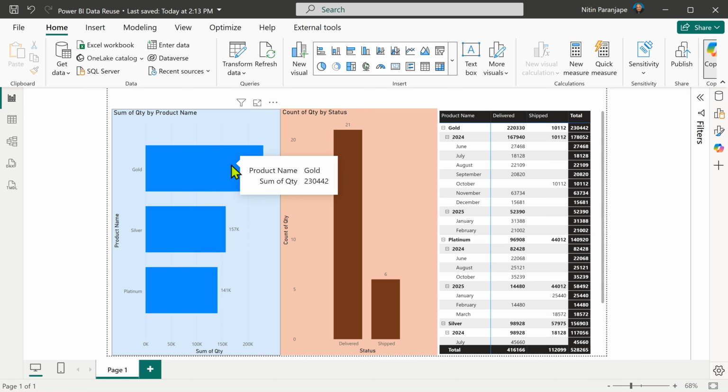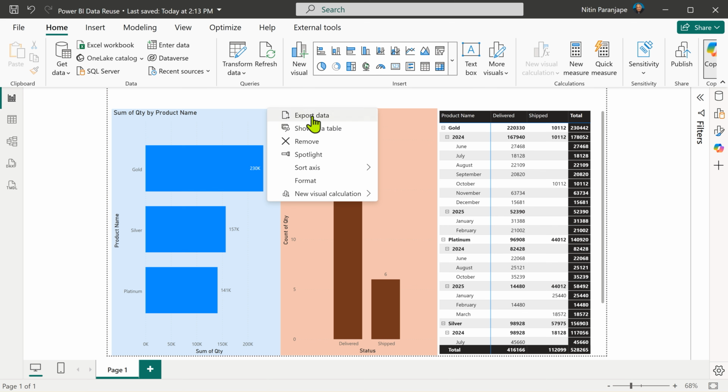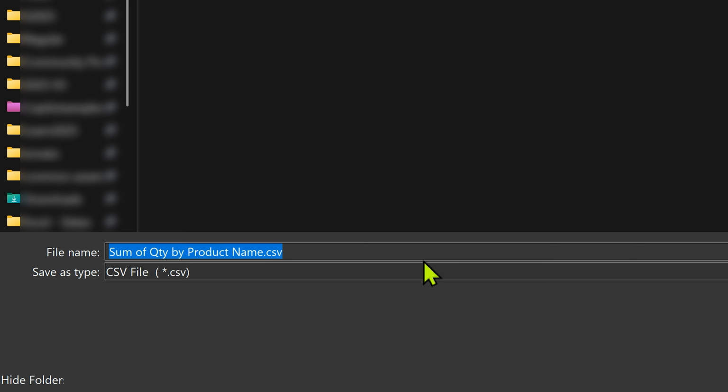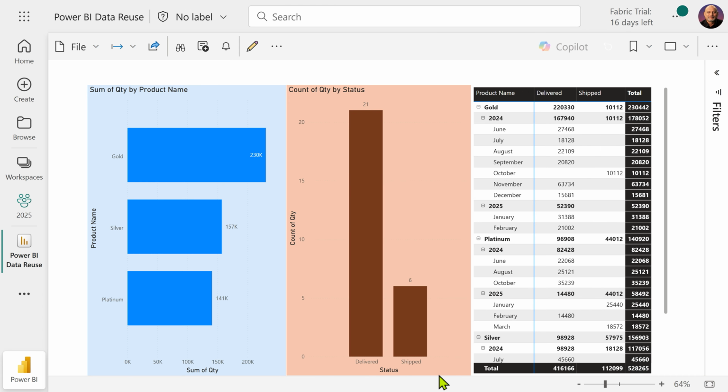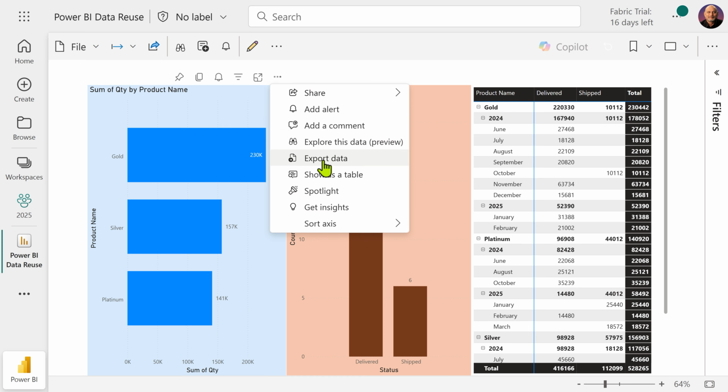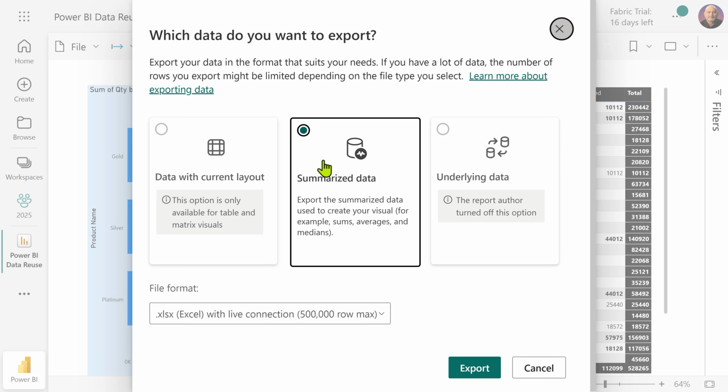I'm in Power BI desktop. Now, if I want to export the data for a particular visual, I hover on it, go to these three dots, more options, and say export data. This is just going to be a CSV, and of course, it has no linkage to the data. The other option you have is first publish the report. Now, the same report I have published on Power BI service or the web version. It's in view mode, and even here you can go to any visual, hover on it, and you will get the same export data option. But this gives you different set of options.